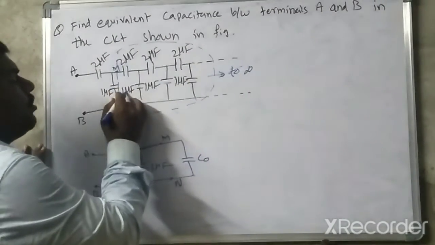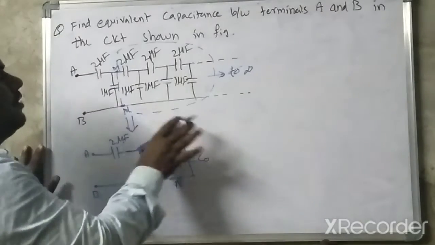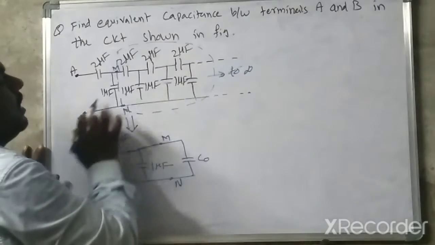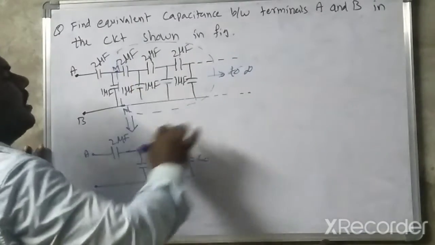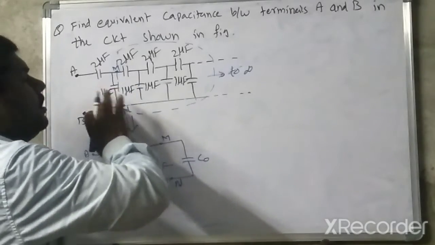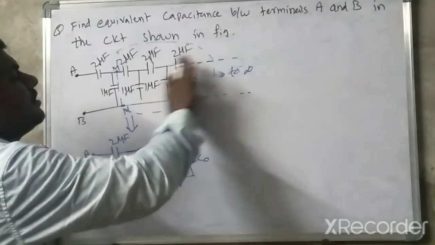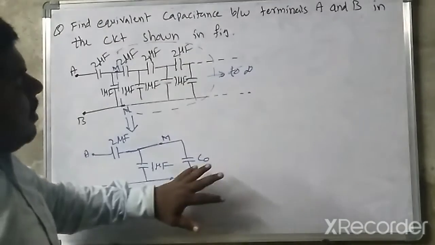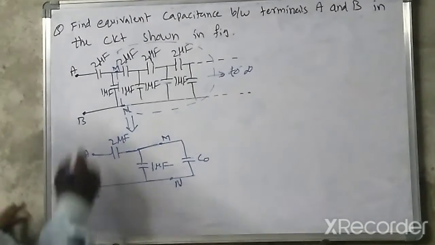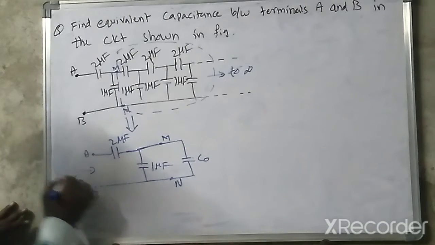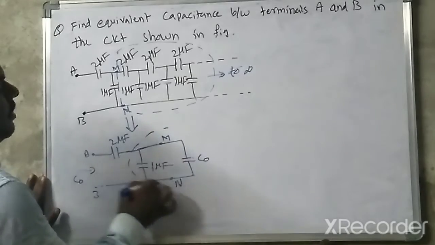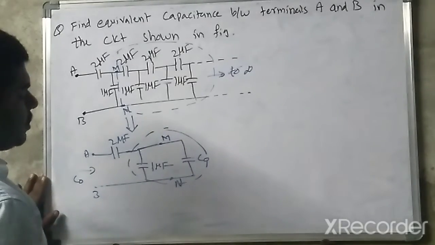The same thing you may do like this: 2 1 2 1 2 1 2 1 like that. So the remaining capacitors, this is M and N, after this circuit the total is C naught, which I am going to consider. So between A and C also I am going to consider C naught. Now you may identify, these two are in parallel connection.